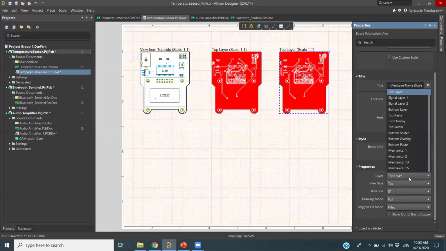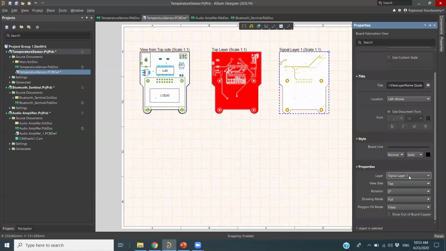The top layer is the first one. For the second one, I want to change it to another layer like my signal layer 1. Then you can also view the side of the board. The default is the top side. If you want to view the bottom side of signal layer 1, you can choose the bottom side. You can do this, top side or bottom side. Below, you will see there is a show out of board copper.